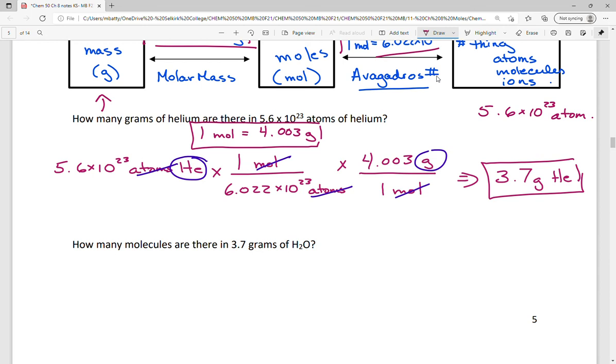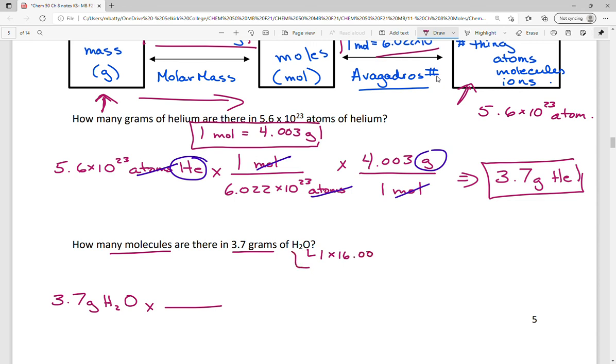In this one, we want to know how many molecules there are in 3.6 grams. So we're starting over here in grams for this one and trying to go to the number of things, or the number of molecules. For water, we've got 3.7 grams of water. To convert to the number of moles going this way, we're going to need the molar mass of water. That's 1 times 16 for the oxygen and 2 times 1.008 for the hydrogen, giving me the molar mass of water of